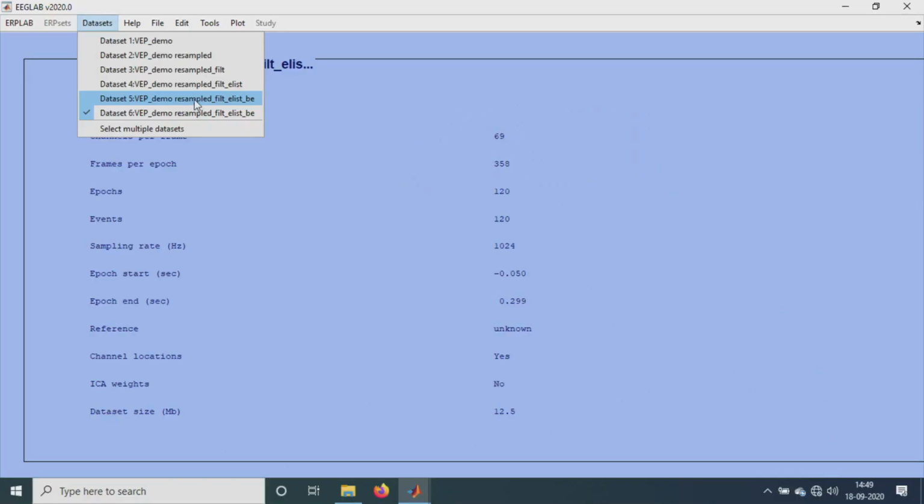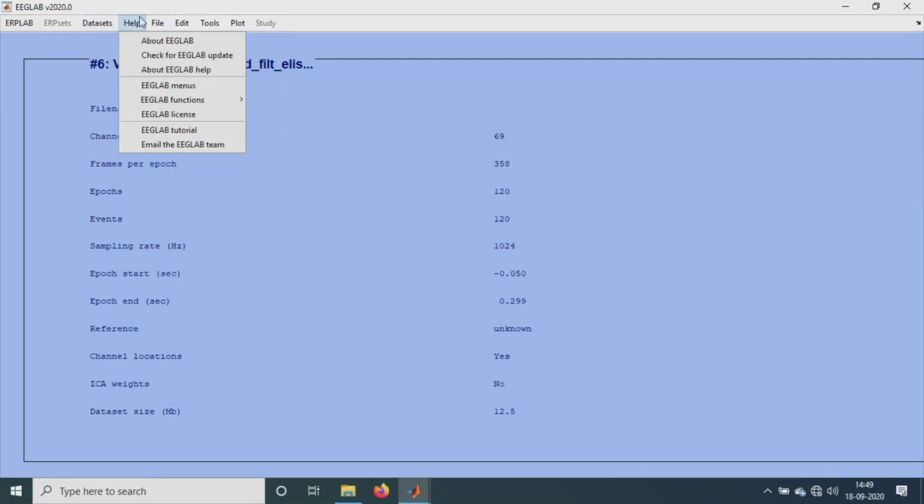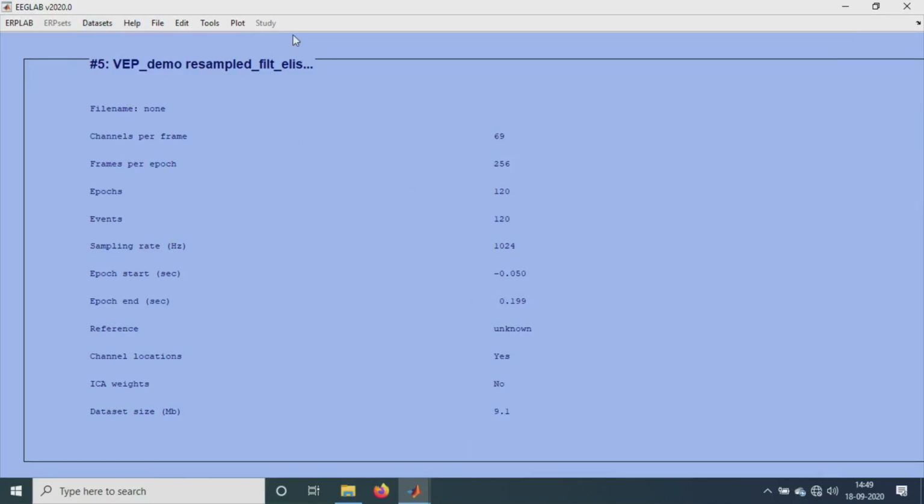So for that reason we are doing it as I mentioned over here. I just gave a demo of why we have to do from minus 50 to 200, which I explained here, so that we get 2 to the power n data points in this range. So this is about the event epoching.